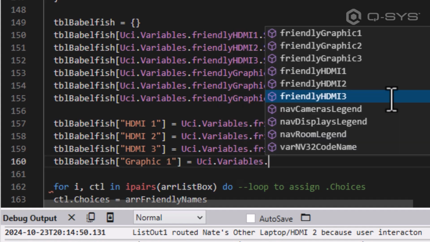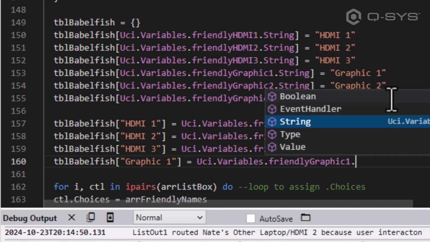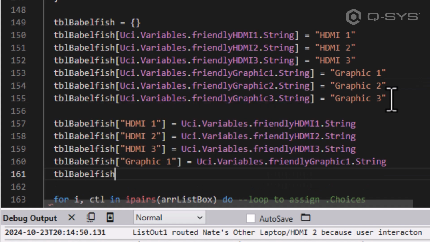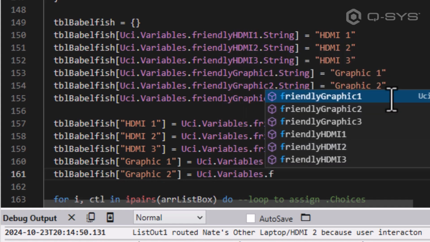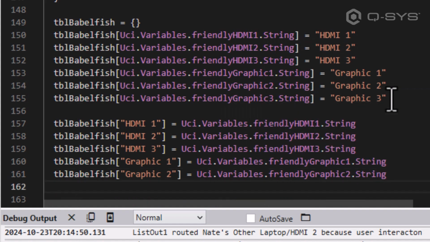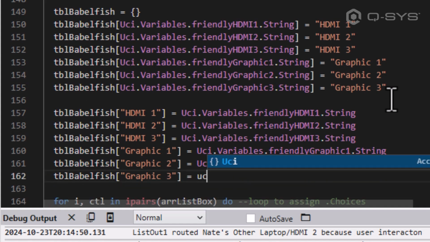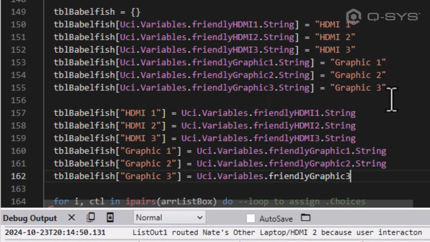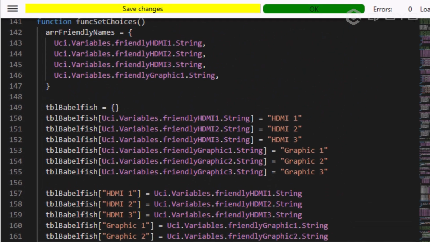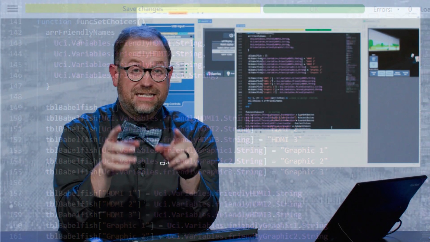But secondly, remember to make use of your autocomplete, make use of those tabs. Also, you can hit pause and you can catch up. I don't mean to be going fast. I'm just trying to write at a natural pace. And lastly, table Babelfish, bracket quote, graphic 3 is going to map to UCI.variables.friendly graphic 3. Also, we're doing all of this within func set choices